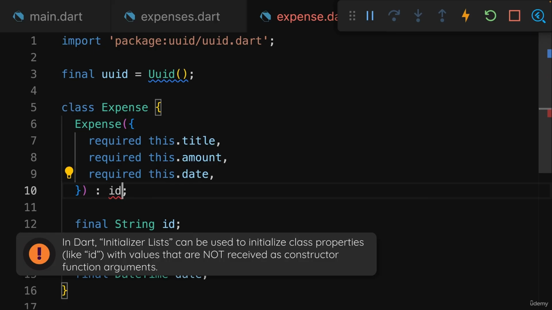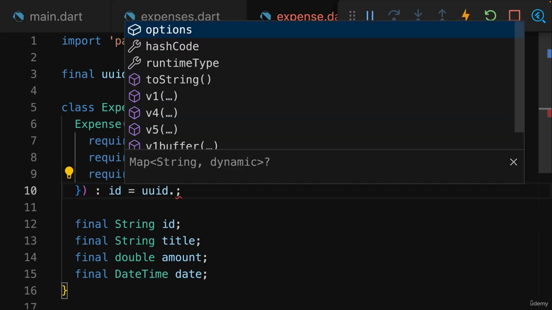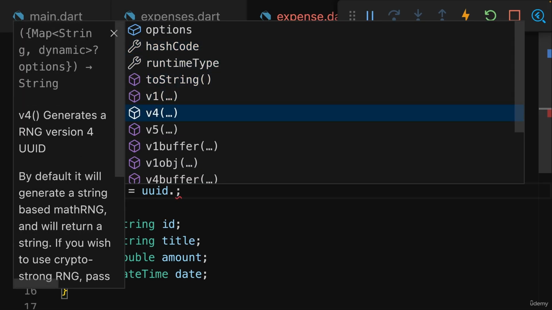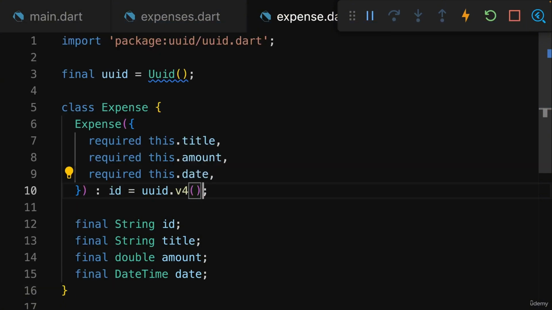So therefore here, we can then, for example, target the ID property here and assign an initial value that will be assigned when this object is created, so when this constructor function is called. And here I want to use this UUID utility object. And on that object, there is a v4 method along with a couple of other methods, but it's the v4 method which I want to use here, which generates a unique string ID. So this then generates a unique ID and assigns it as an initial value to the ID property whenever this